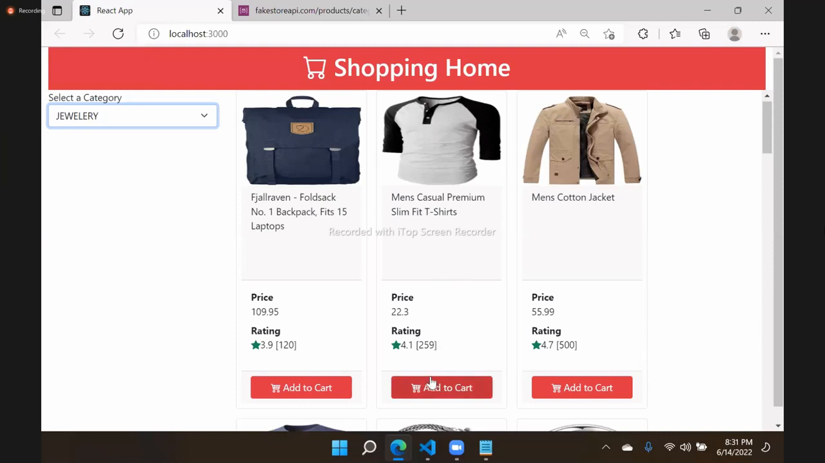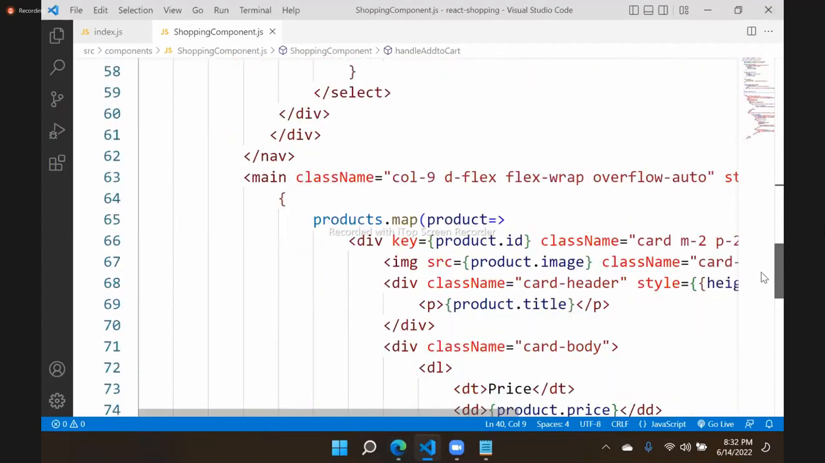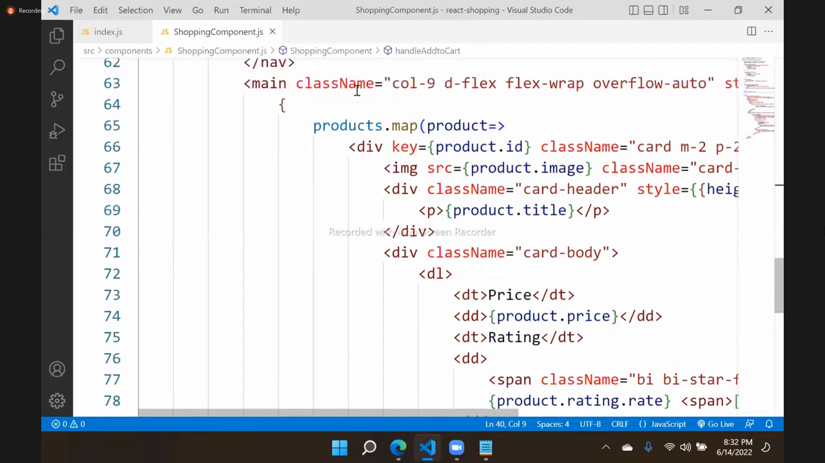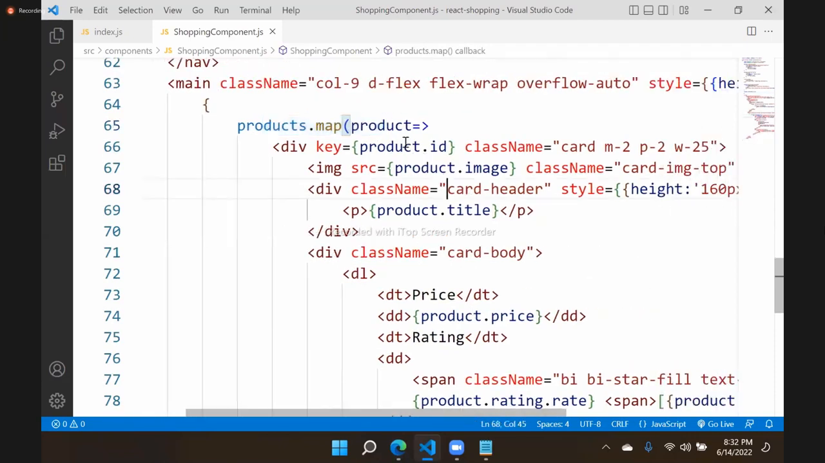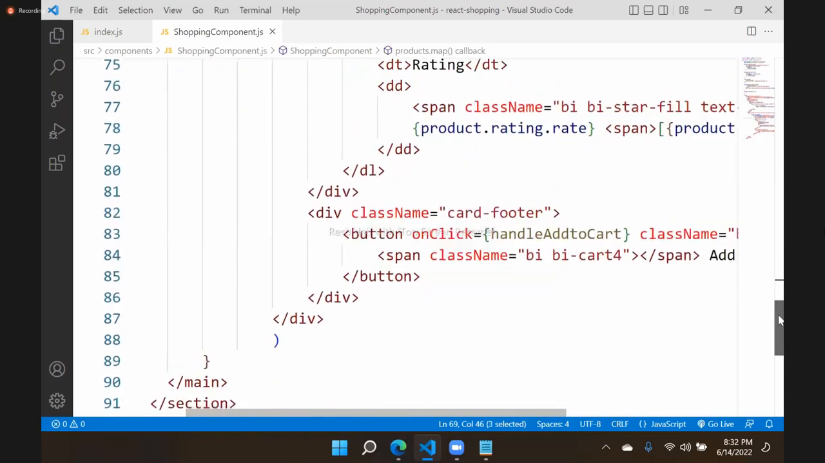On that button click, how can we send the detail of that particular product? See here, this is the product card, and the card is being iterated. So the product ID, the image, the title, everything is coming here. Now, when the button is clicked,